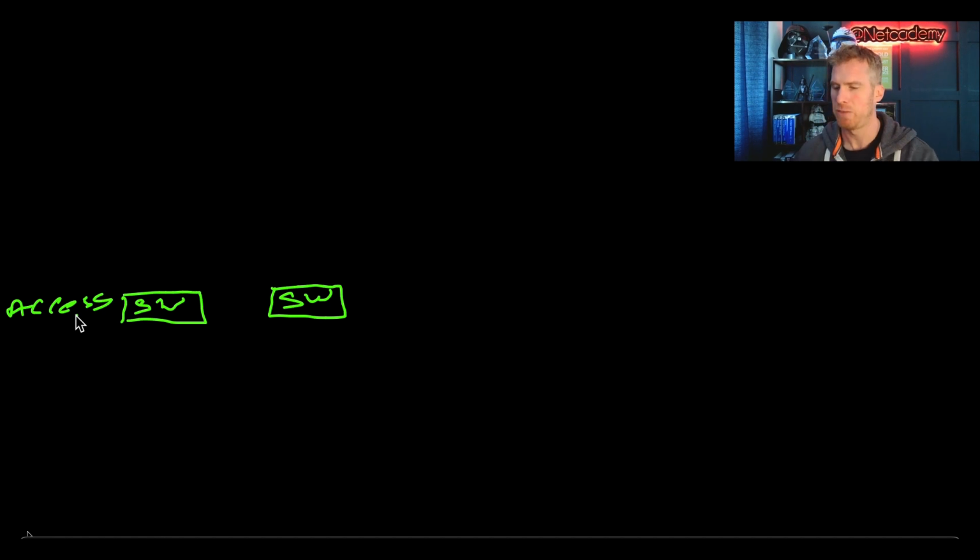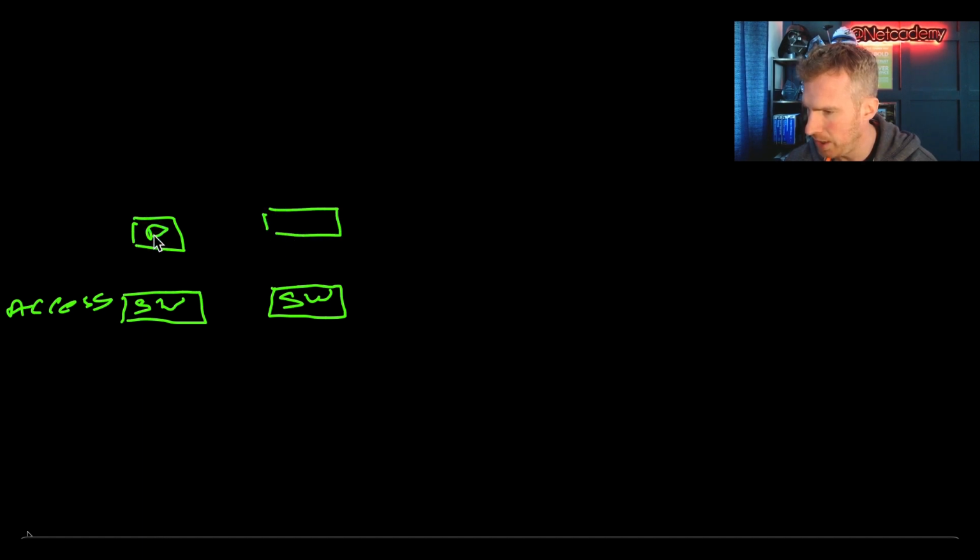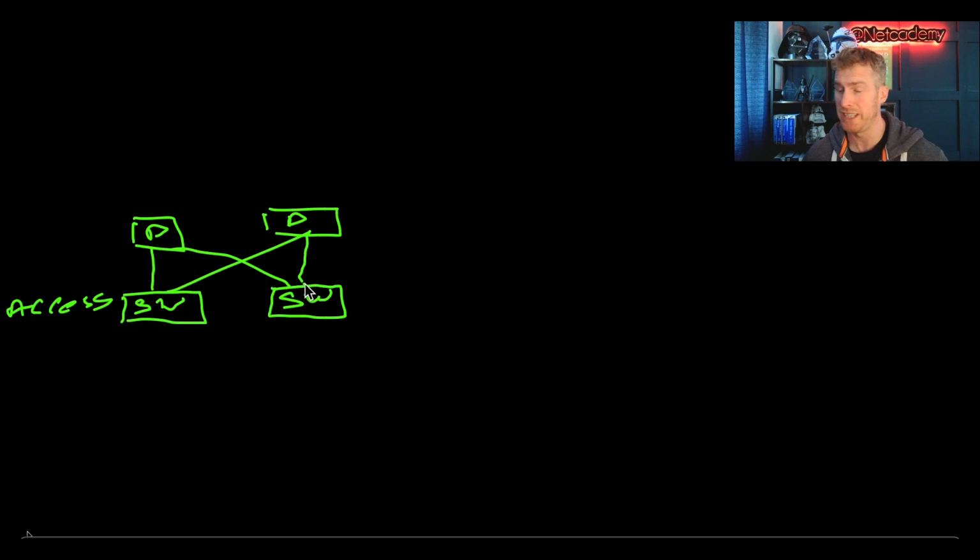Now, the access layer switches, they're not going to connect to the internet directly. I doubt it very much anyway. So maybe there's a distribution layer switch as well. So here I'm just going to draw some more switches. I'm just going to put D here for distribution switches, and maybe those access layer switches have connectivity to both of these switches for redundancy and resiliency purposes. And maybe they're in a LAG, or in the EVPN world, maybe they're utilizing ESI LAG as well. Separate topic, but I quite like EVPN.